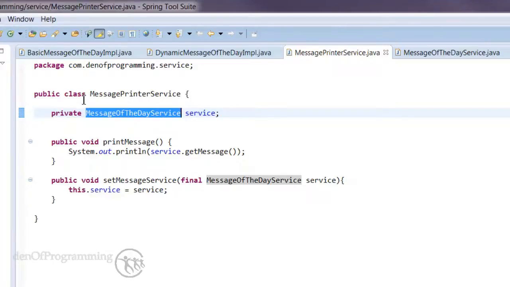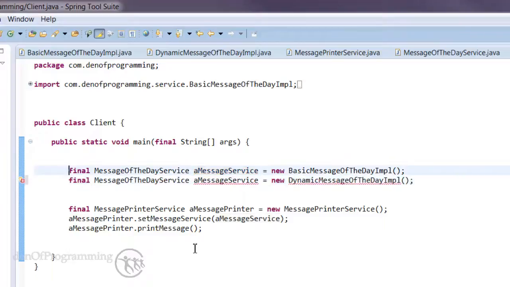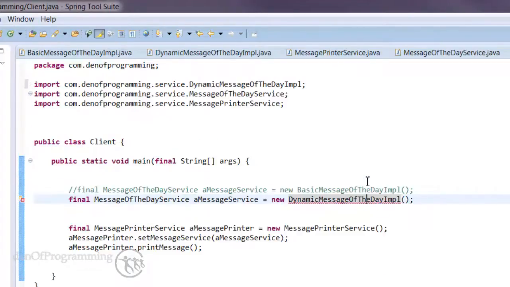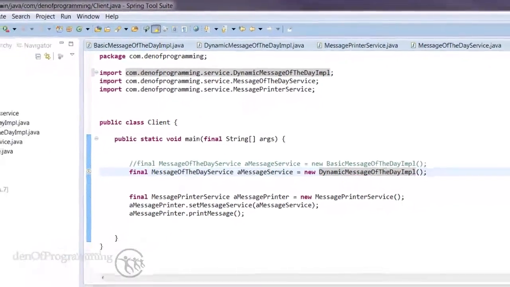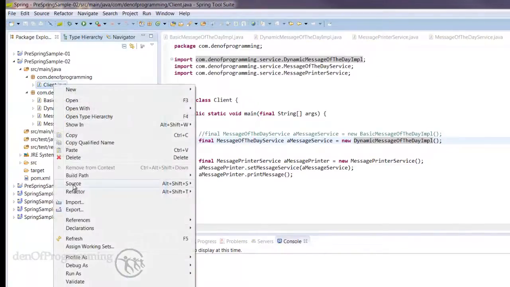So if we decide to use the dynamic message of the day implementation rather than the basic one, we can do that quite easily from the client. Here I've got one commented out, so if we uncomment that and comment this one out, we have to do the import, so it's Control-Shift-O, and save that. You can right click on the client, do Run As, Java application,